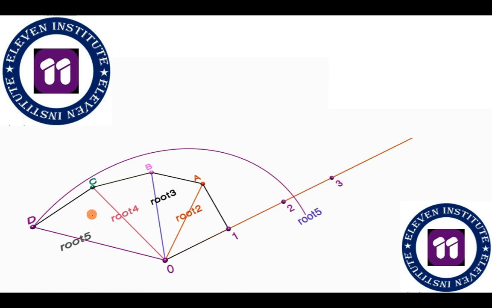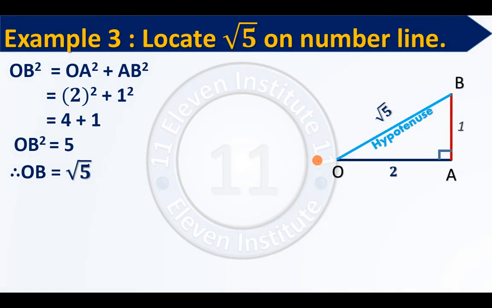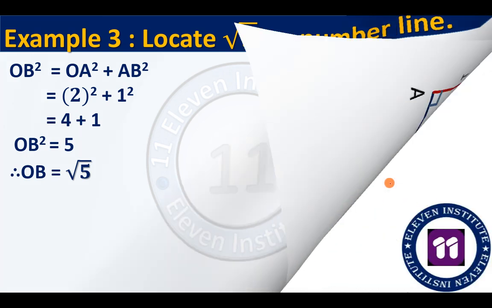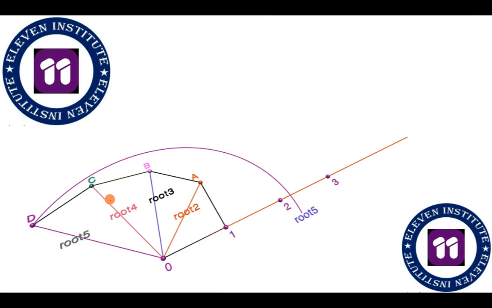And one thing again we will make clear, that this is the triangle which we saw in the previous slide over here, right? 2 units, 1 unit, and root 5. What was 2? 2 was square root of 4. So you can see this is root of 4. This is of 2 units. This is of 1 unit. The angle is 90 degree over here. And we have our triangle.